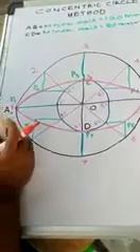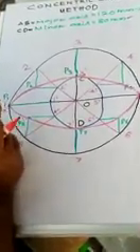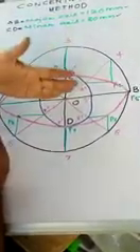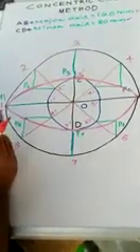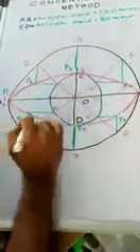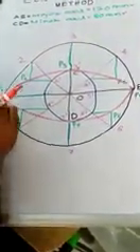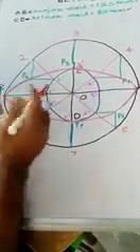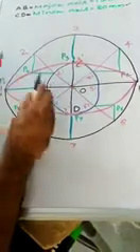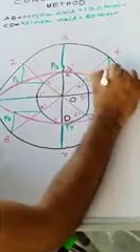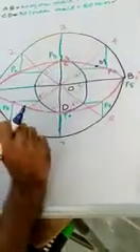An ellipse. How to locate a point for the tangent and normal? Choose a point with respect to the major axis and the minor axis. Locate a point at a distance of 30 units from the minor axis and 30 units from the major axis. Now I am locating the point. So I am choosing a point. This is point M.